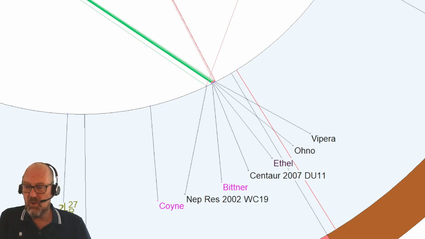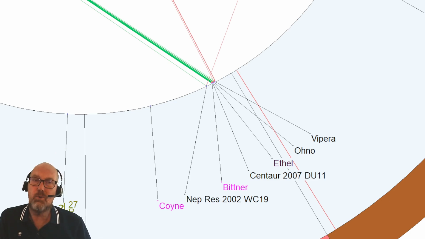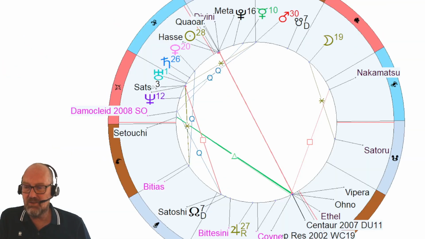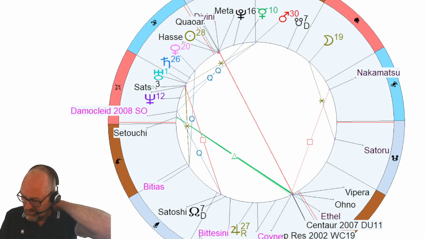The Neptune resonant here is not as festive, not as explicit, but it still points to the same direction. It is, according to Benjamin, about transcending polarities and dualism, and that is a duplication, you could say, of this one, meta here. So it's about transcending to a higher level, overcoming a certain type of dualism.